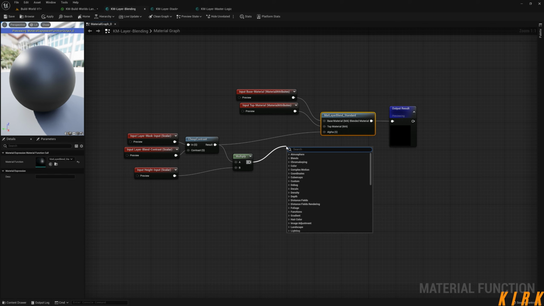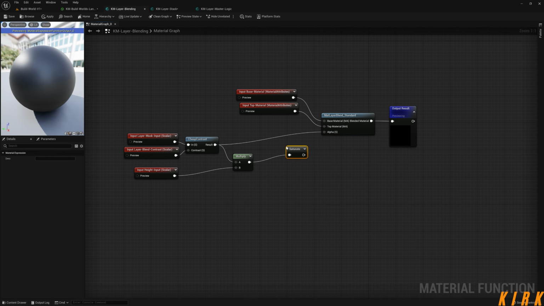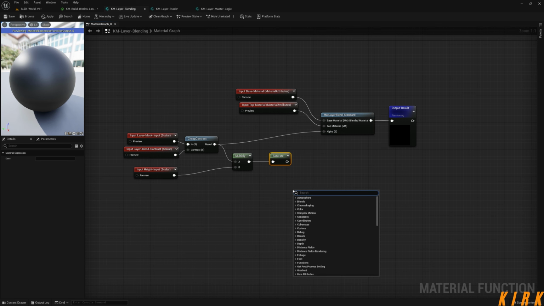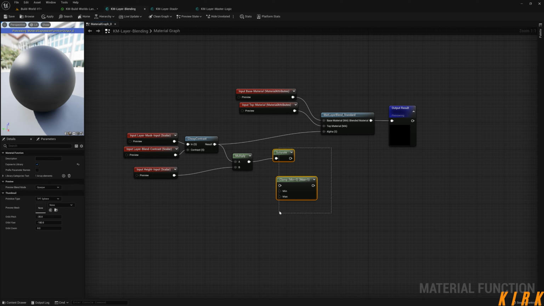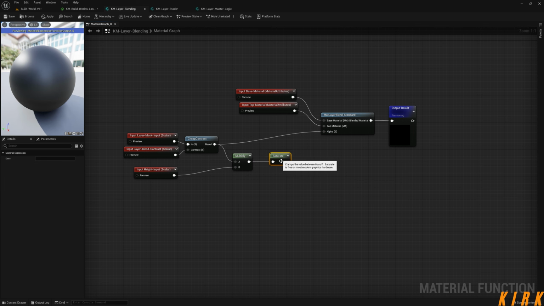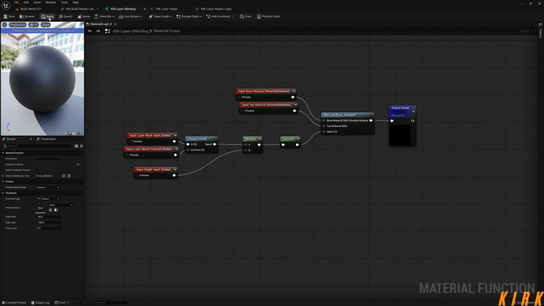So I'll drag off the output of our multiply and get what's called a saturate node. This node is essentially a clamp. If I right click, type clamp, it's essentially this, but this costs nothing because you can't edit it. Whereas this clamp, both nodes do the exact same thing, but you can edit the minimum and maximum value for this clamp, whereas in the saturate node you cannot. And we're simply going to drag off the saturate and put it in the alpha. And that, if we click apply,